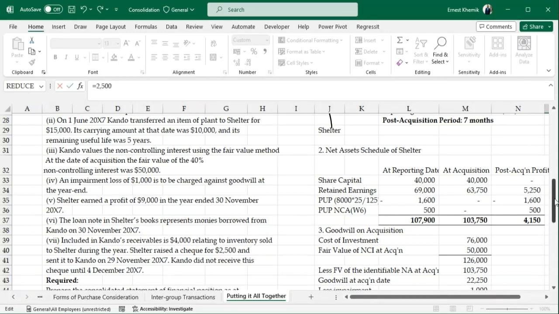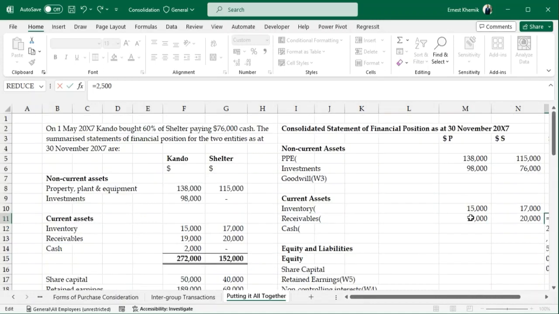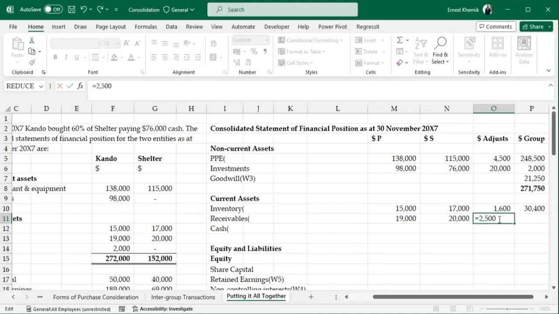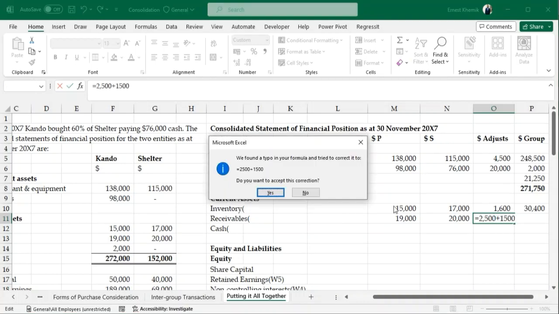So there is still an element of intra-group transaction there, which is 1,500, which is left to be eliminated. So I'm going to add it to this particular figure. So that is going to be plus 1,500. So in effect, that is